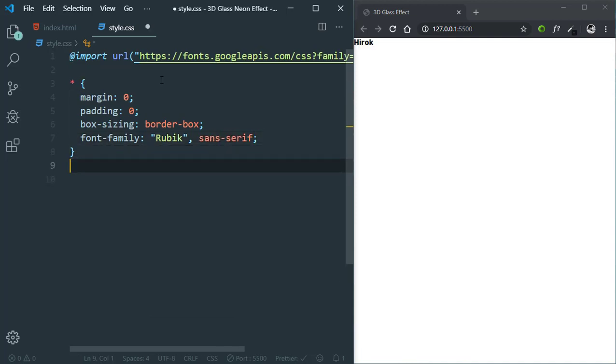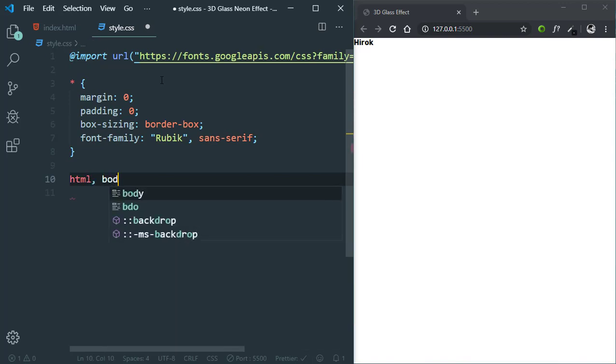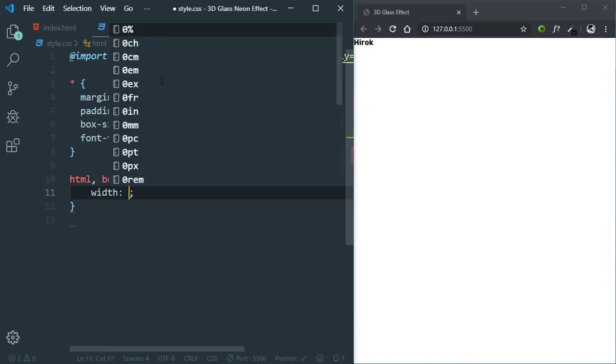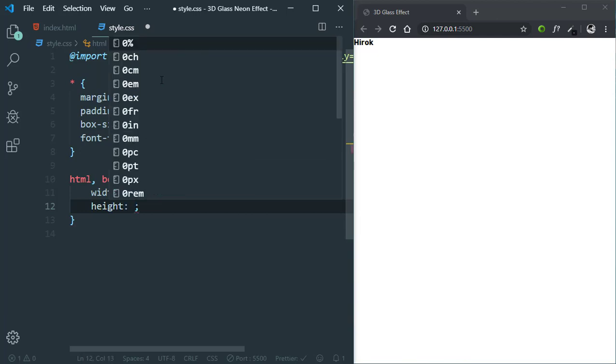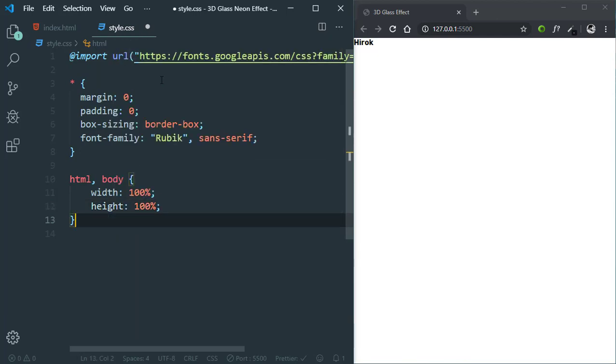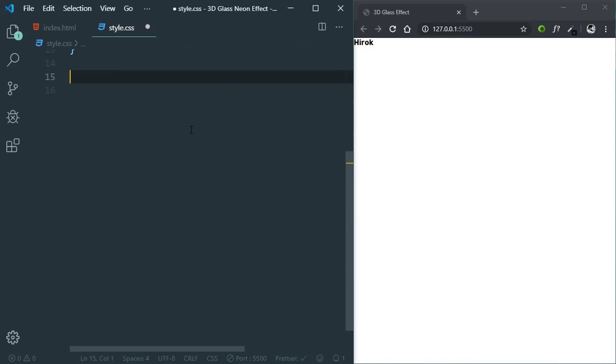Now write html, body with width 100% and height 100%. Then we'll select only the body